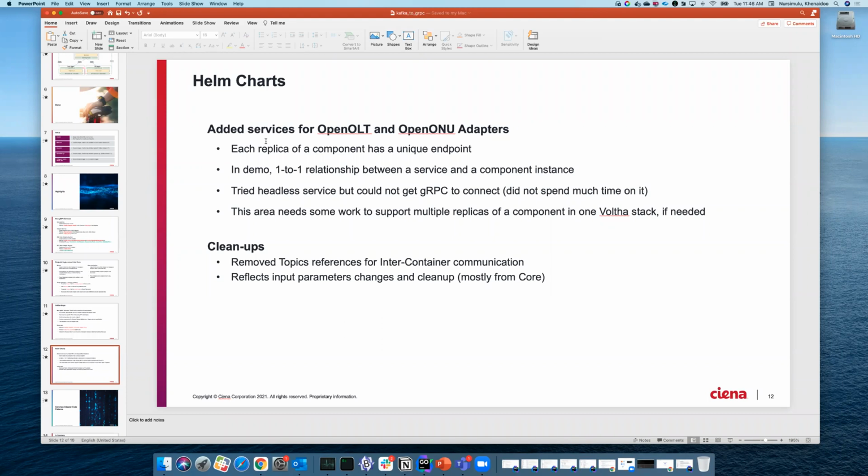I also tried to have a headless service there, but for some reason gRPC was having a hard time connecting to the service. That's why I didn't spend much time on that. Maybe there is a way to do it, but for what I tried, it was not working. Again, if we want to support multiple replicas, we need to do some work around how we configure those services. And there has also been some cleanup, like some topic references being cleaned up